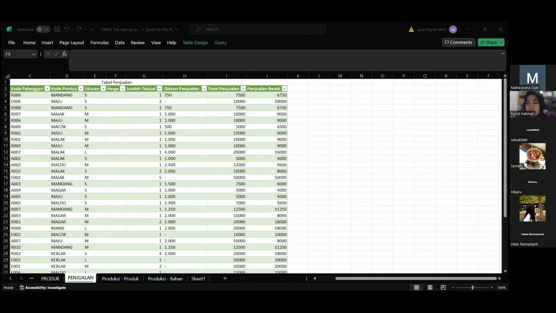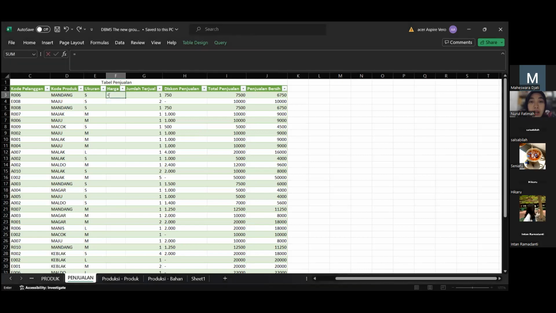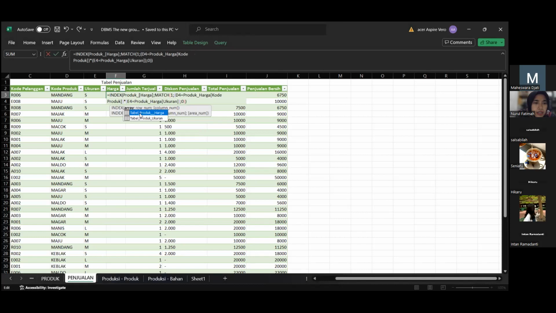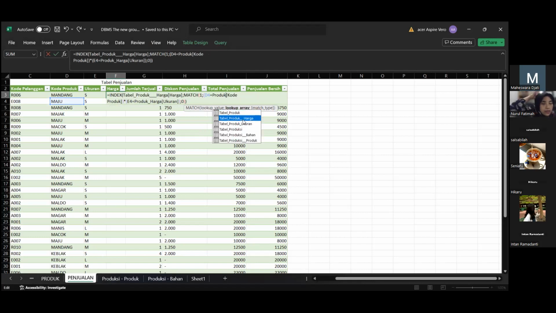According to the module that you already hold, what formula should you insert into the column harga? Index, yeah. Okay, now the produk harga. Yes, double click on that. And then the harga itself,